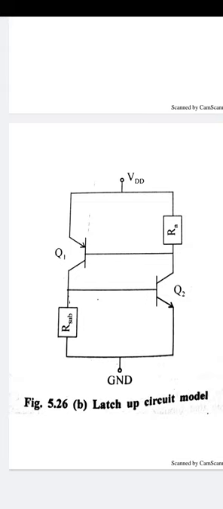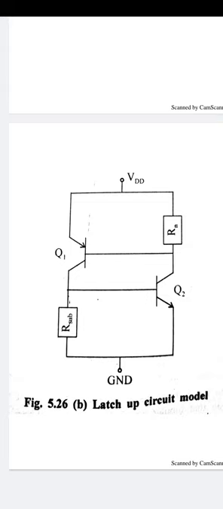For the two transistors, IC is equal to alpha times IE plus ICBO1, which is the first equation for the PNP transistor, and the second relation is IC2 equal to alpha 2 times IC2 plus ICBO2 for the second transistor. When we equate both transistor equations, we get the current I equal to ICBO1 plus ICBO2 divided by 1 minus alpha 1 plus alpha 2. When both transistors are conducting, alpha 1 plus alpha 2 is nearly equal to 1.